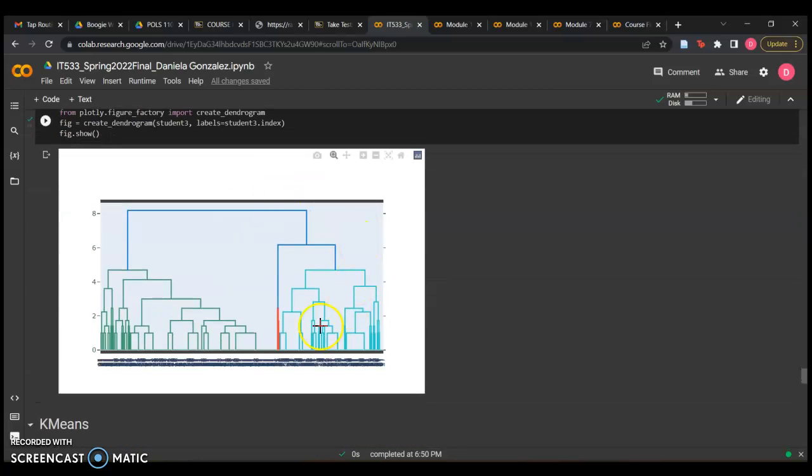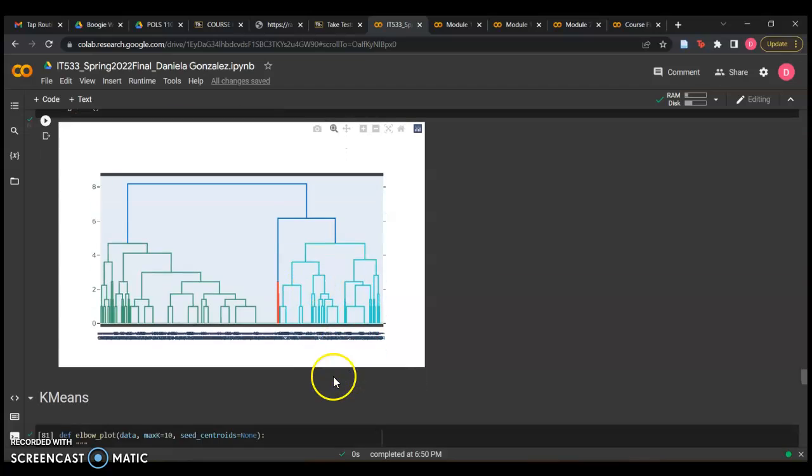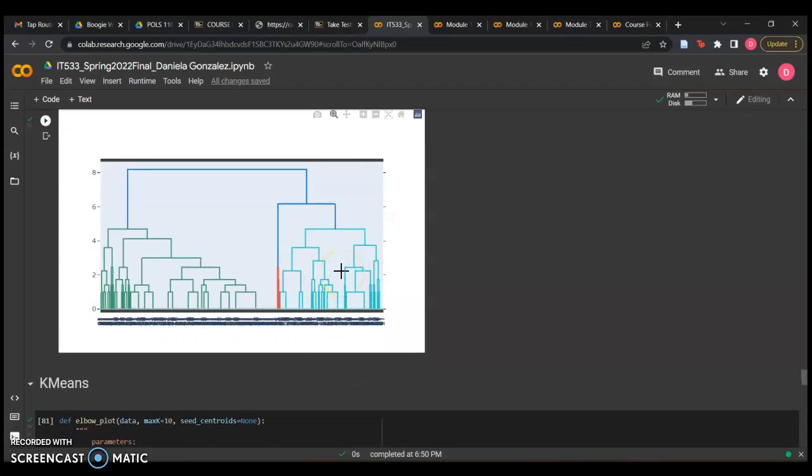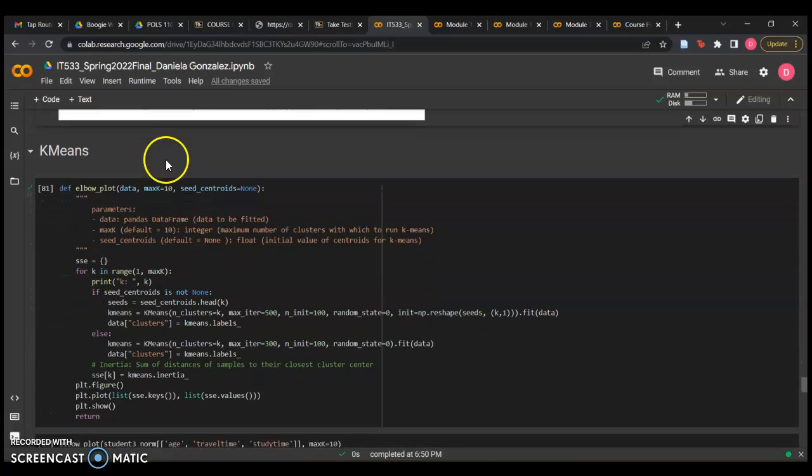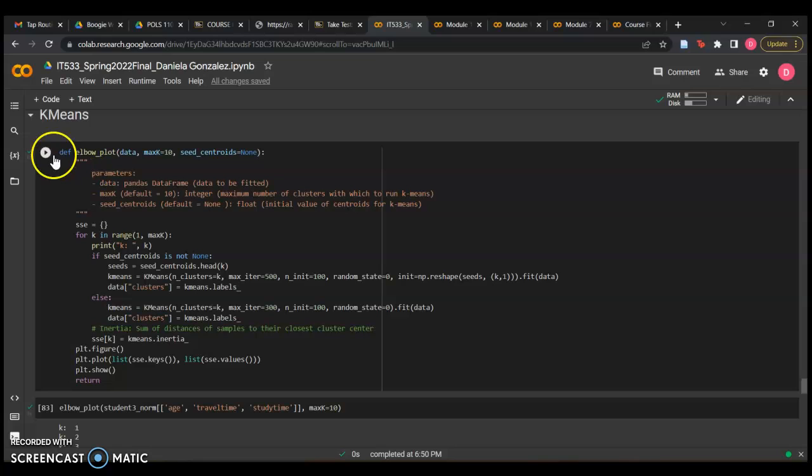And then over here we're finally plotting what our hierarchical clustering is predicting. It's hard to read, but you can see it's broken down into two big groups, and then from there they're broken down into a bunch of smaller ones. Then the second one that I ran was k-means. So first I